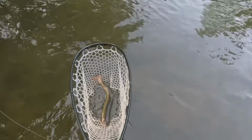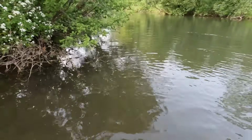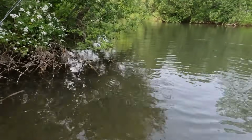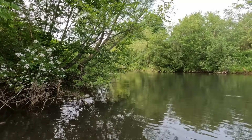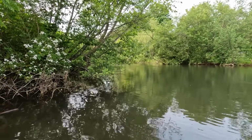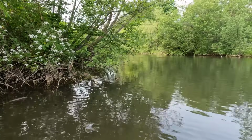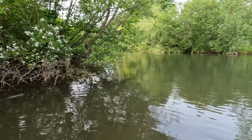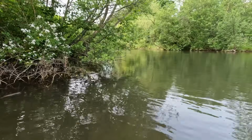Looks pretty good for a stocker, all things considered. All right, let's get the hook out of him. Take a look at him. That's great. So this is one of the better looking stocked brook trout I've ever seen. Really, really good looking fish. No problems with the fins. If I didn't know any better, I would say this is a native brook trout. I know it's not. I'm not that bold to say that, but it's a wonderful looking brook trout for a